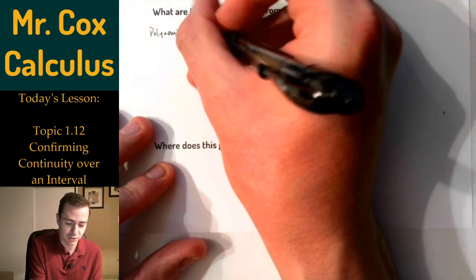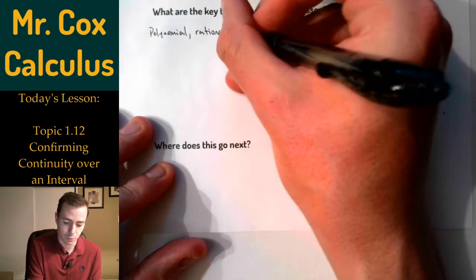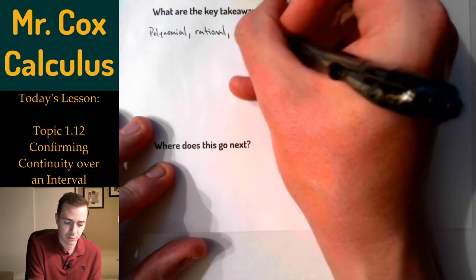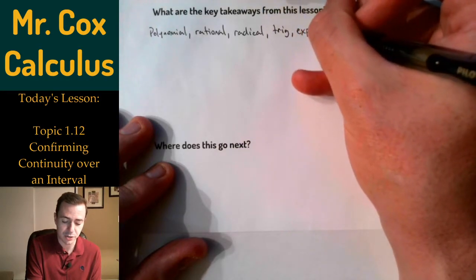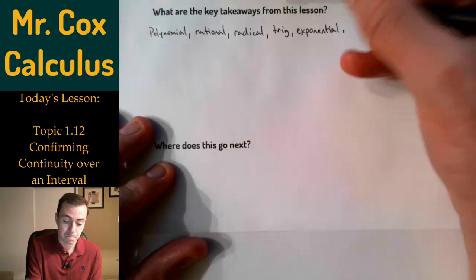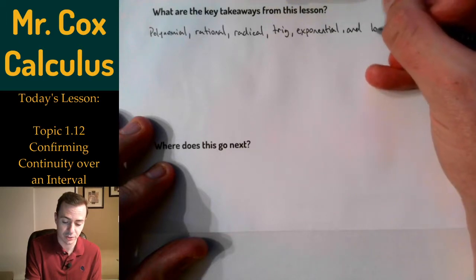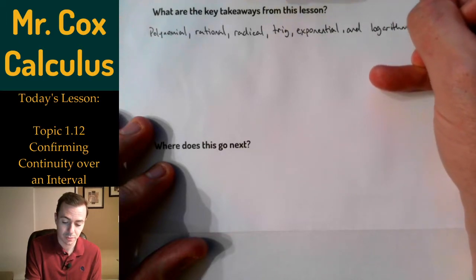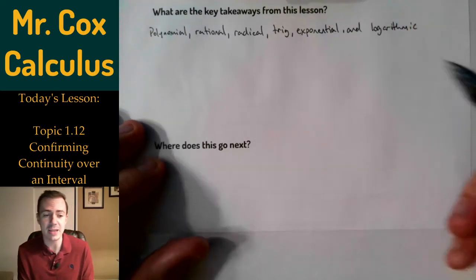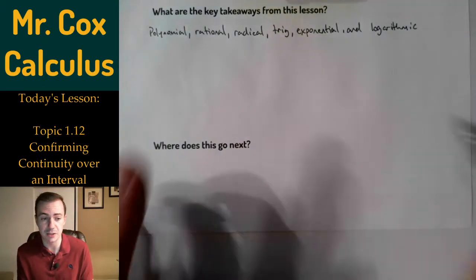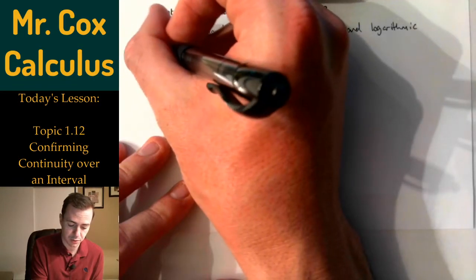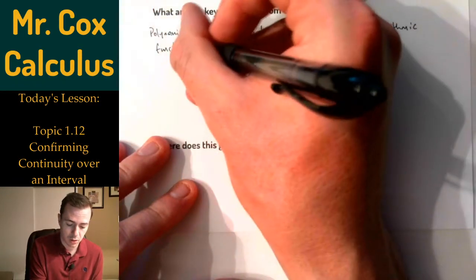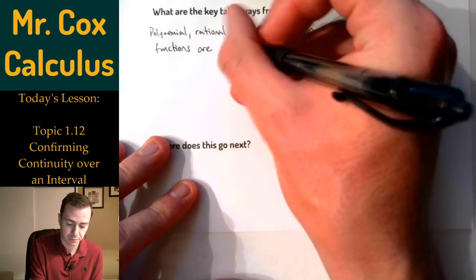rational functions, radical functions, trig functions, exponential functions, and logarithmic functions. All of these main types of functions that you've learned in Algebra 1 and Algebra 2 are all continuous. So these functions are all continuous